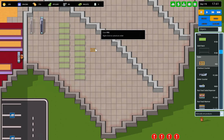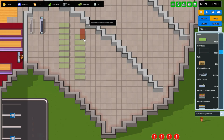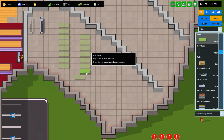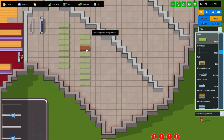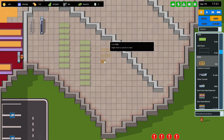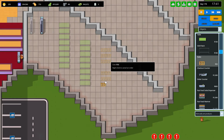What about if we just do it like this? Well, first of all, actually, I've decided against this. I want to have some more space between the tables, because we want to space everything out. Let's actually go like that. Okay, so then a space of 2. What if we have like 6 of each product